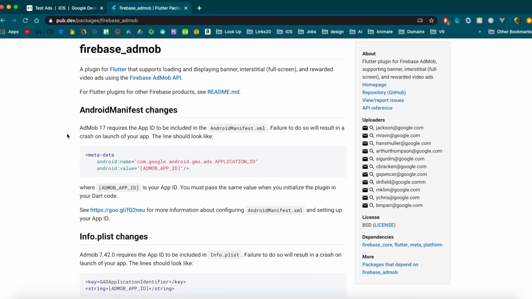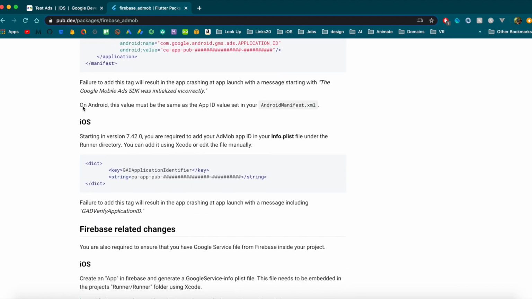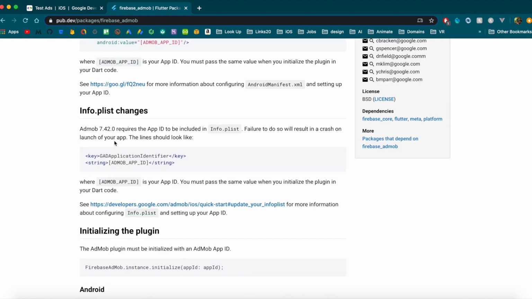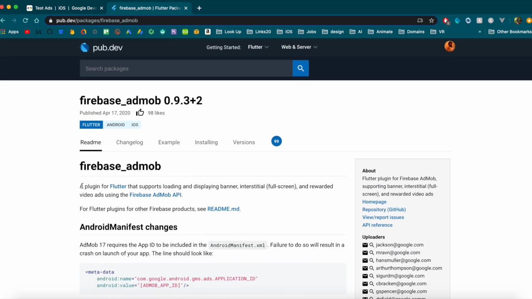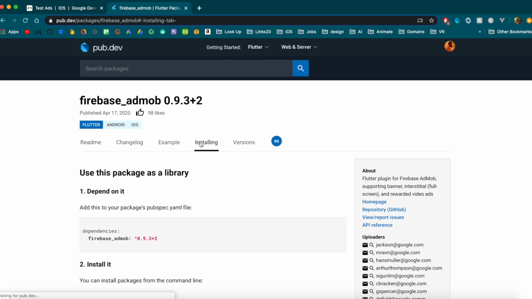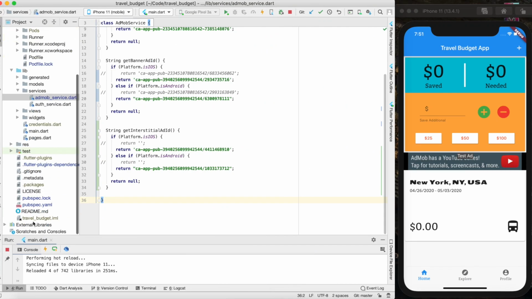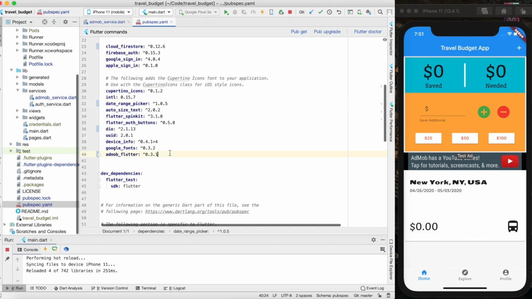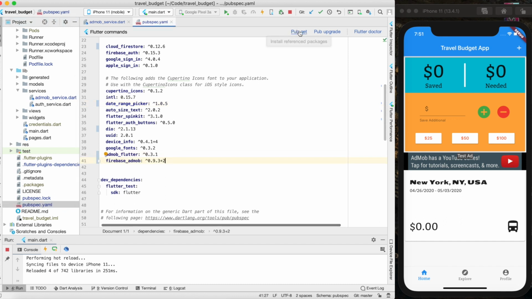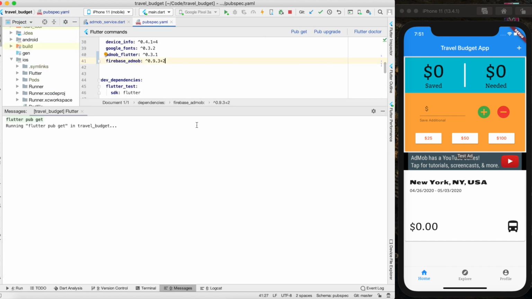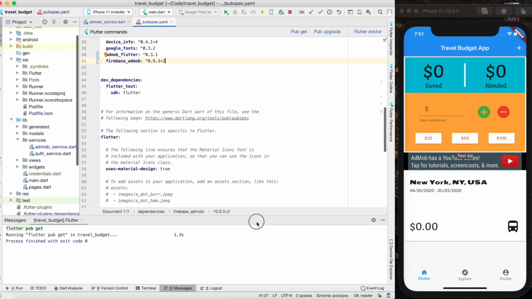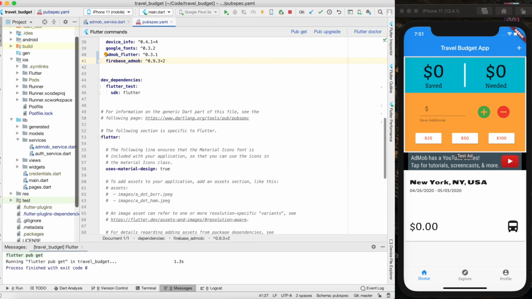Luckily, if you followed along from the banner ad stuff, everything is pretty much configured in terms of your AdMob keys. If you haven't done that yet, I'm not going to go over it here, but go check out the last video and it will go over how to do all of that. If you go to installing, all we're going to do is get this Firebase AdMob dependency, put that in our pubspec.yaml and then run pub get,